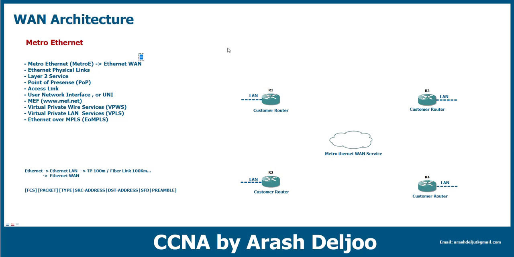We have 3 types of Ethernet WAN. The first type is the E-Line. Okay, you will learn about them, don't worry. And after that, the second type is the E-LAN. Okay, and the third type